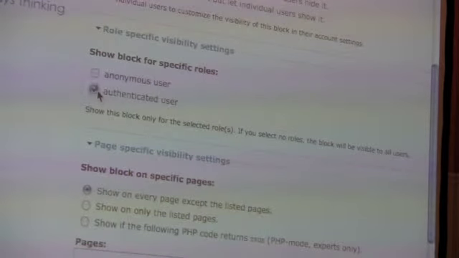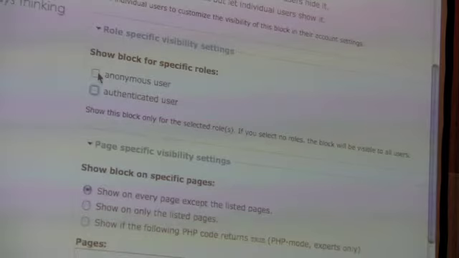And you can do it two ways. If you click on both of these, it's the same as leaving every one of them blank. So we're going to be leaving them blank so everybody can see them, whether they're anonymous or